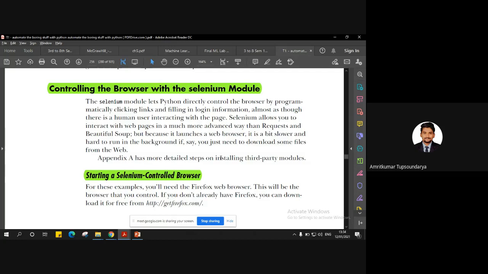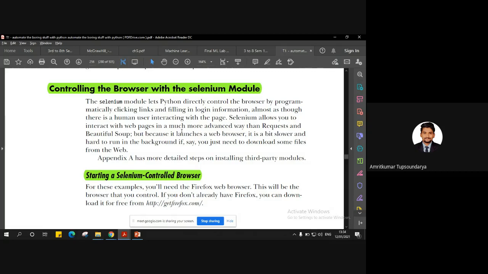We have covered the previous modules, the webbrowser module, the requests module, and the Beautiful Soup module. In today's lecture, we'll be taking up an example to discuss the Selenium module. The task here is controlling the browser using the Selenium module.